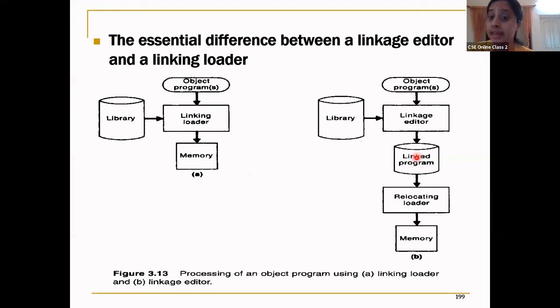That means my linking is a different phase and my relocation is a different phase. Now both are in different phases. In my previous design, linking and loading were in only one phase. Is that clear? So now relocation, after all relocation is done, it is stored into the memory. These are different design options, loader options, that's all. Is it clear?